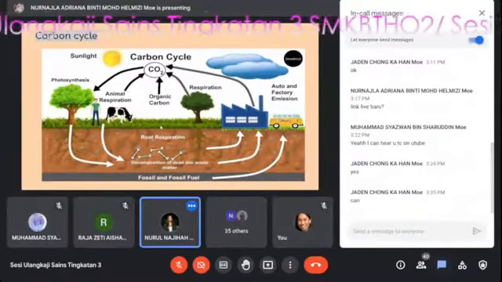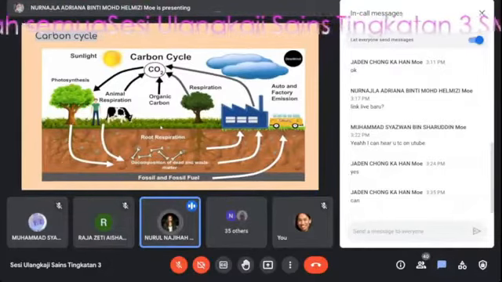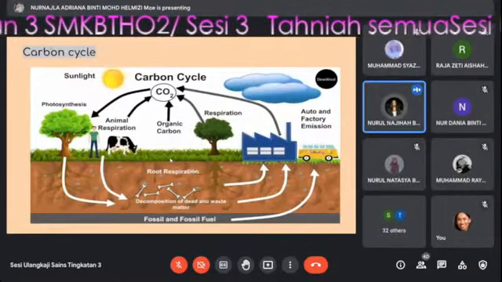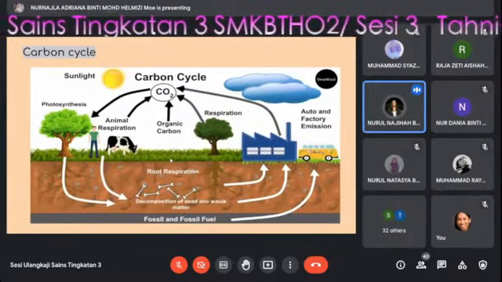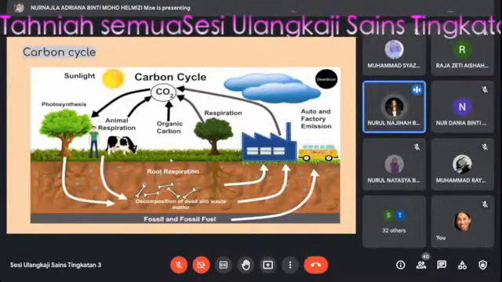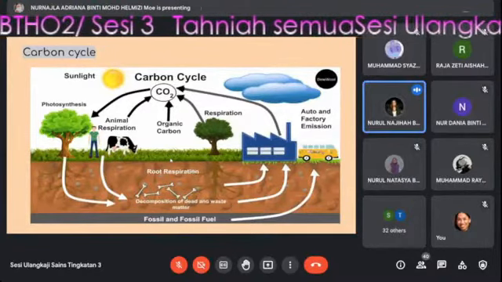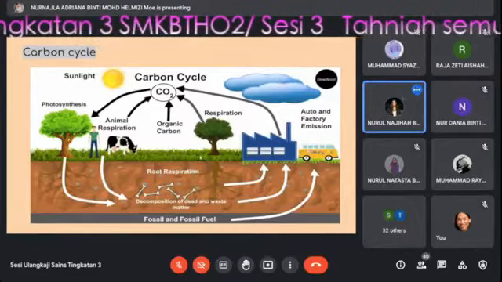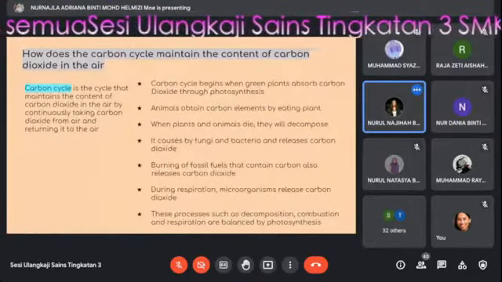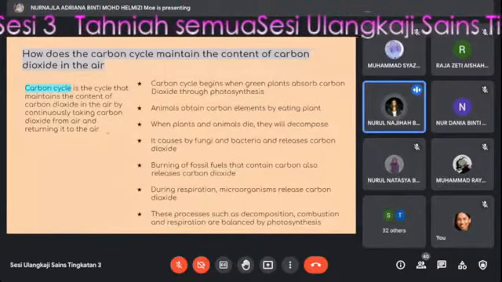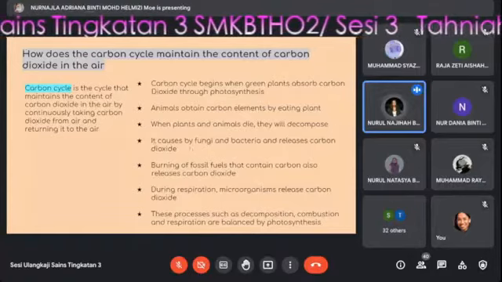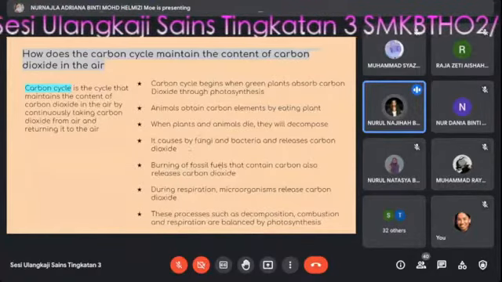So it means that photosynthesis will consume carbon dioxide to make food for plants, and the end product for photosynthesis is oxygen to help most activities such as respiration, combustion, and decomposition. Oxygen cycle. How does